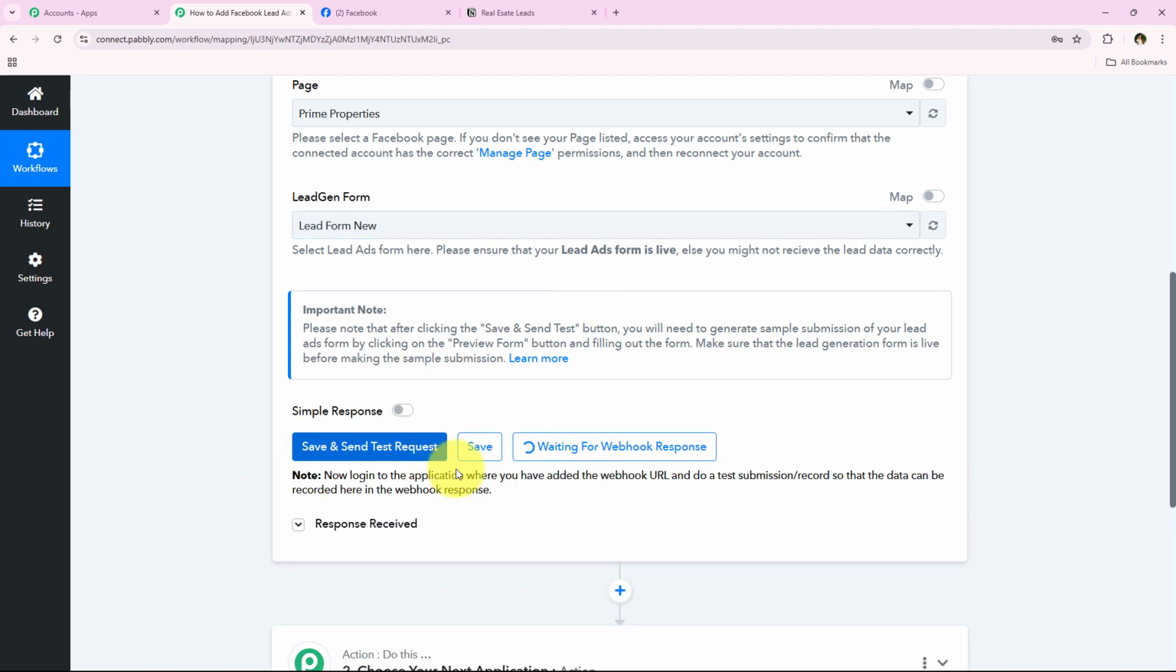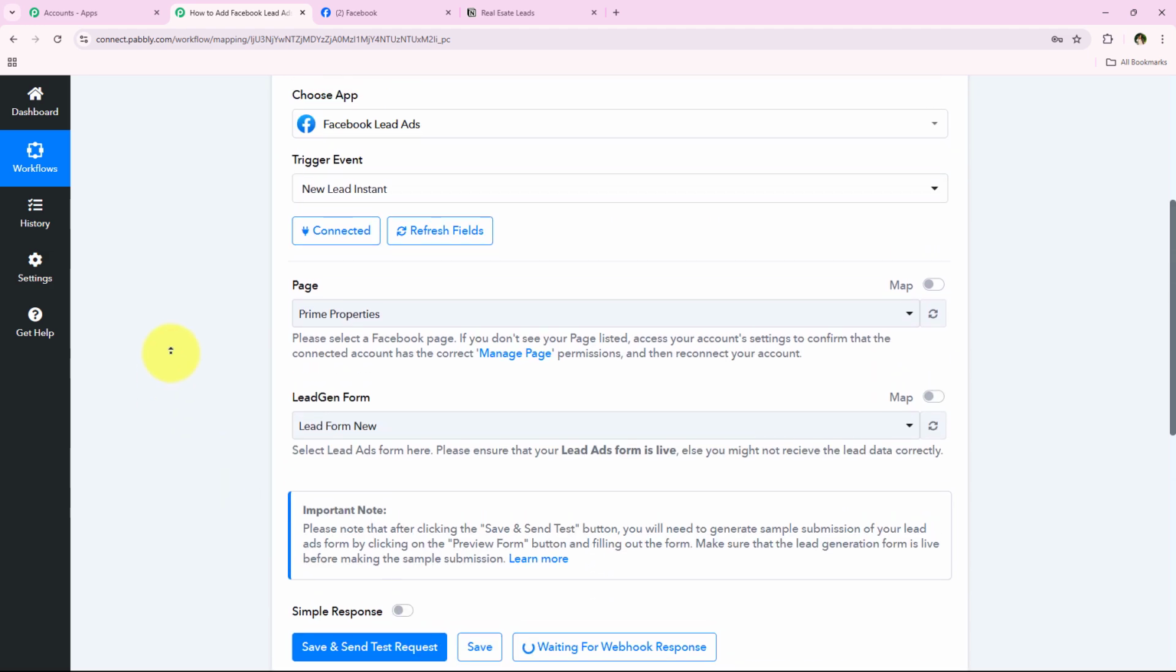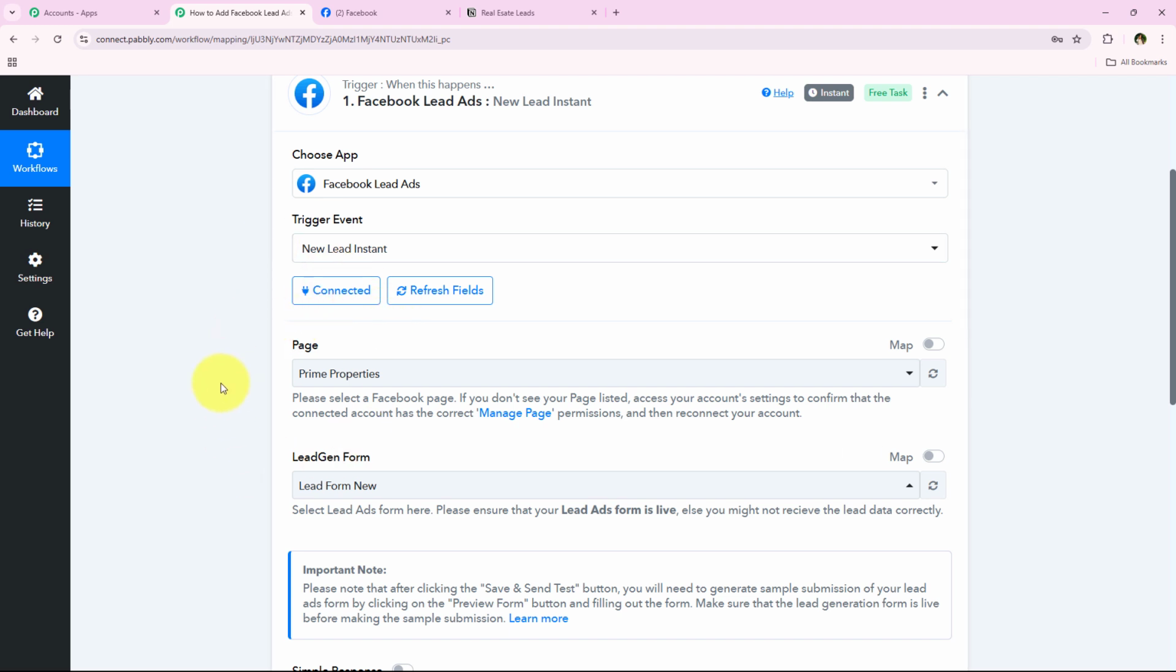And as soon as we click on this button, it is saying waiting for a webhook response, and in the notes it is saying do a test submission / record. So in order to capture this webhook response, we have to do a test submission or record. So what we are going to do is I'm going to put in my lead gen form again, and we are going to submit another test lead, or we can say dummy lead, in order to capture this webhook response and